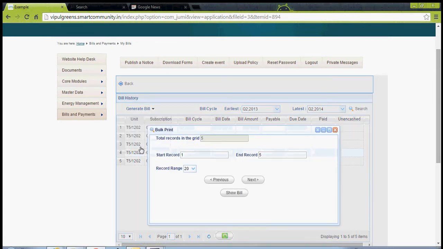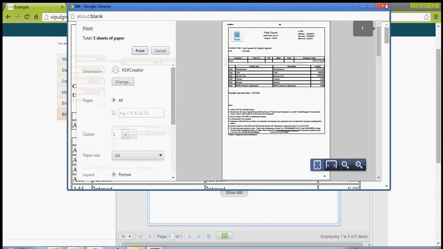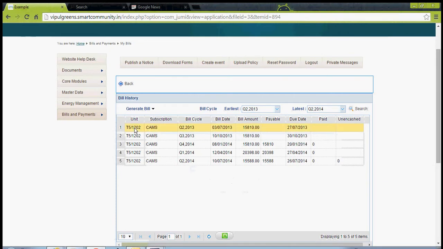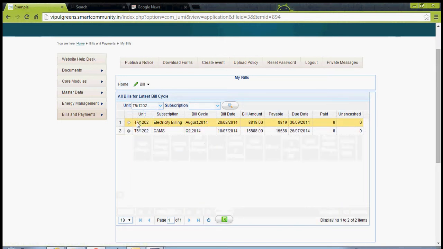Bulk print means that you can see 5, 6 or 10 bills and take a printout of all the bills together. At any point of time for any of the bill, one can click a bill and see a billing breakup as well.